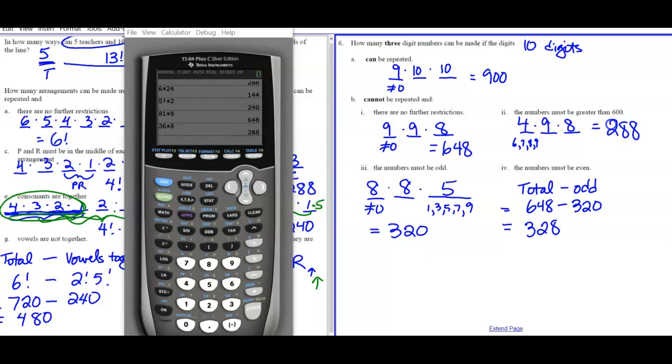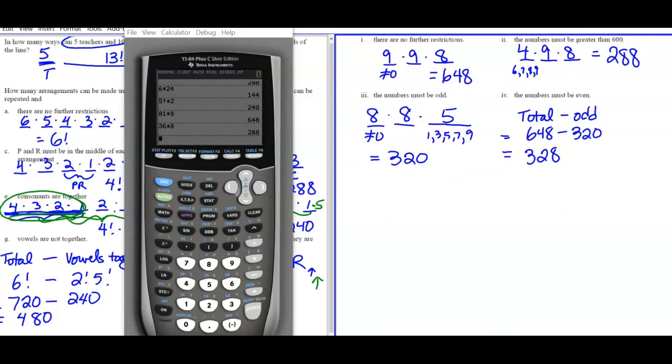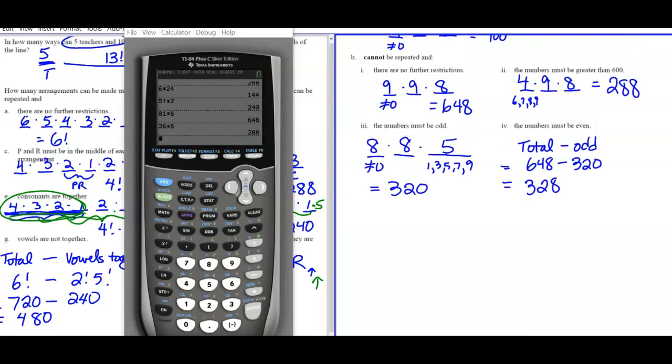Yep. Is 0 even or odd? Well, 0 at the end is even. If you end the number in 0, it's even. Yeah, there are different meanings on that. You would say it's even, certainly not odd. But whether it's even or odd depends on the book you read. But it is divisible by 2, so that's really the definition of even. So, okay, the other way of doing this is